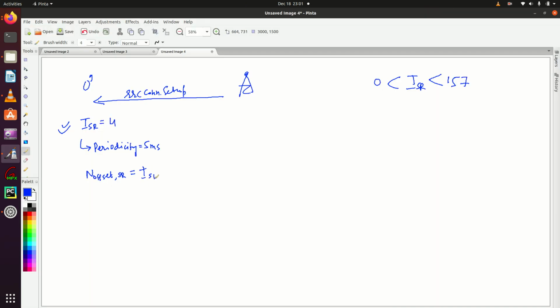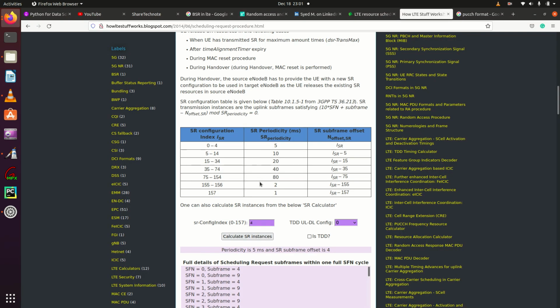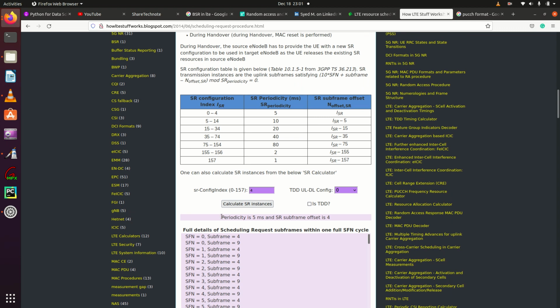It means the UE has to use the 4th subframe if it wants to send PUCCH. So here the complete table will come, right? At SFN 0, the UE could send a scheduling request at subframe 4.